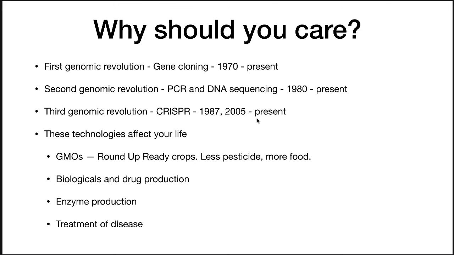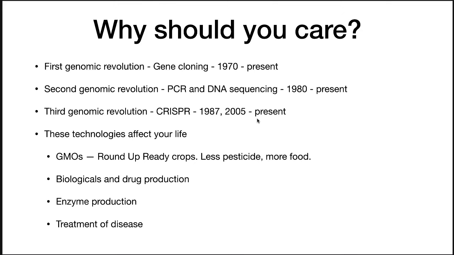The third genomic revolution is taking place right now, and that is the CRISPR revolution. The big thing that CRISPR does is it takes that low frequency event and makes it a 50-50 occurrence. This then allows genetic manipulation at a level we've never experienced before. The other thing is it makes these kinds of alterations possible in any organism. So this is pretty amazing stuff.